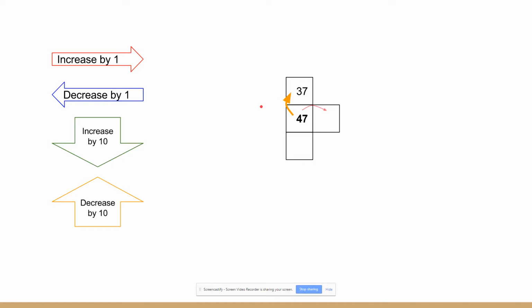What about if I wanted to figure out this number? Maybe you're thinking a little faster than me. You're using this arrow up here. I want to increase 47 by 1. So I would say 47. The next number would be 48. What about if I want to figure out this box? Well, for that one, I would need to increase by 10. So I would say 47, and then another 10 added on to it. 47, that would be